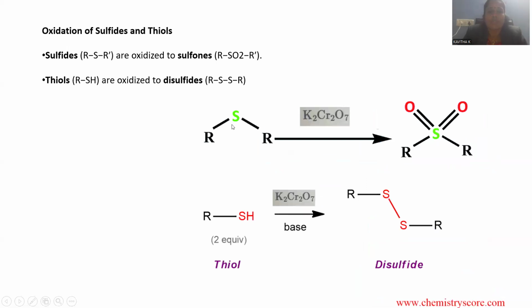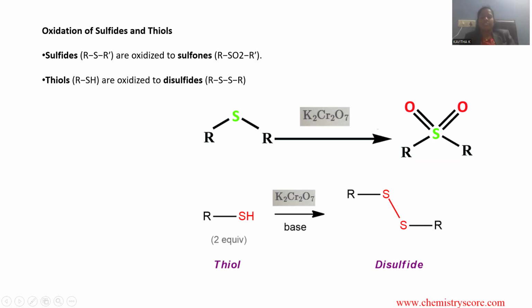Now I am going to give some more examples, some more applications related with this potassium dichromate. Whatever thioether was taken can be transformed into a kind of higher oxidized form called sulfones. So thioether, upon reacting with K2Cr2O7, that sulfur will be achieving two oxygens with the double bond, so that sulfur is a larger atom. That's the reason why it is convenient to accommodate two double bonded oxygens over there. That's why here sulfone is the common oxidized form starting from sulfur, that is thioether, by means of